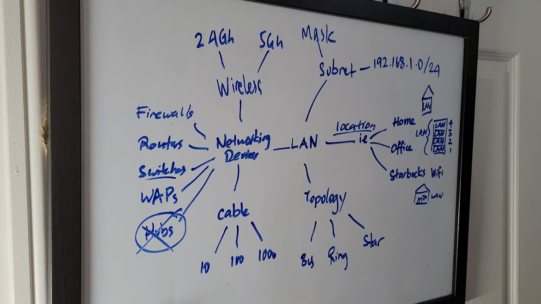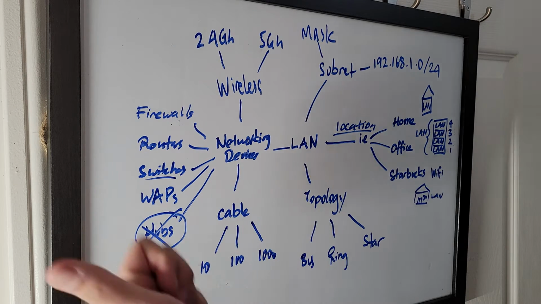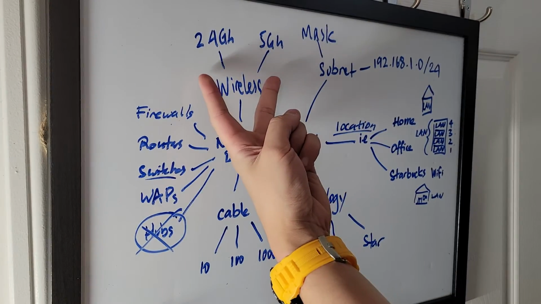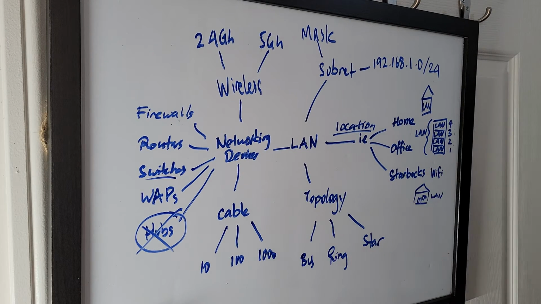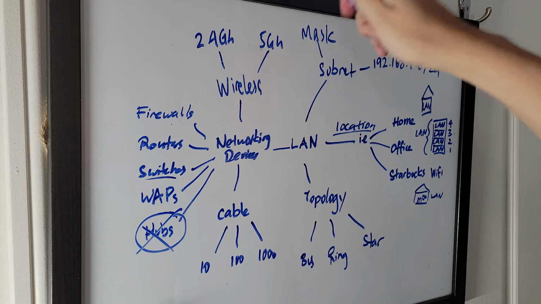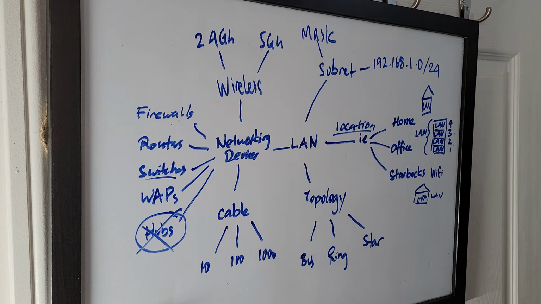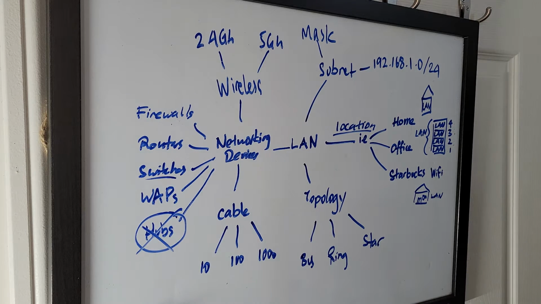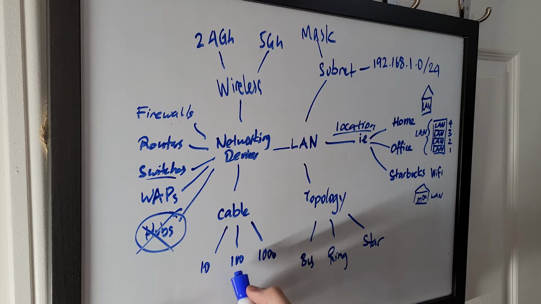Some wireless access points, wireless routers, or wireless firewalls may be able to broadcast both 2.4 gigahertz and 5 gigahertz at the same time, but some older models could only broadcast either 2.4 gigahertz or 5 gigahertz. For cable, before we used to connect using a 10 megabit per second cable,